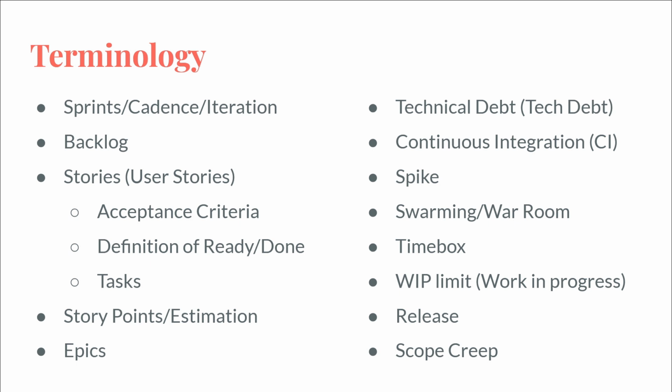WIP Limit stands for work in progress. And we'll look at a visual example of this later, but the idea is we have stories and there are story points associated to those, and we have a team of people, and those people can pull in different stories and be working on them, and they may get to a point where they're done with this and they're waiting on a review, or they got stuck on this and they're waiting on someone to help, and so they go and pull in a different ticket to work on. And the WIP limit is the number of story points that can be in play at the same time, where they're all being worked on simultaneously.